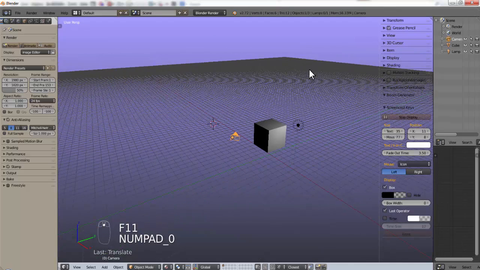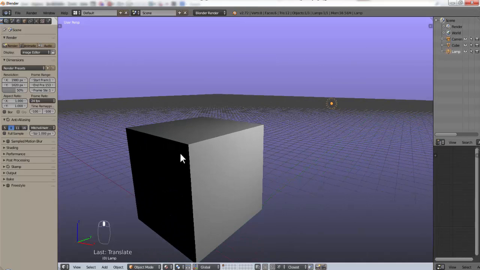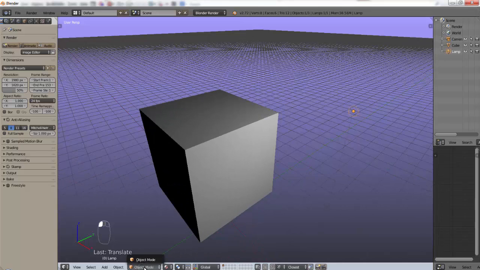You have a light. It's just a basic spotlight right now. This lights up the area. Obviously it's on the right side of the cube, so the left side of the cube is dark. There's a shadow there. If I had a floor, which I don't, there would be another shadow from the cube, especially when we move on to the cycles render, which is new-ish. It's a lot more realistic and would create more realistic shadows, but either way you can tell that this is a cube. So let's go into edit mode